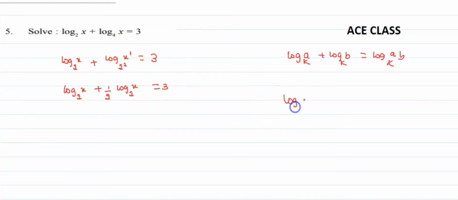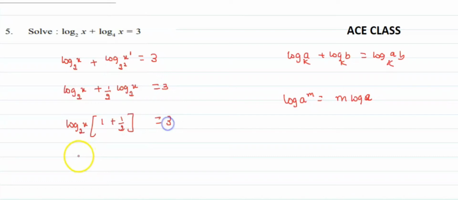As I've already mentioned, log of a power m can be written as m log a. In a similar way, 1 by 2 into log x to the base 2 is taken. Log x to the base 2 will be taken common. Here it is 1 and here 1 over 2 will be left, equals 3. Since this is a fraction, let me write this 1 also in fraction, 2 over 2. A simple way: addition of fractions is nothing but cross multiplying and writing the product of the denominators in the denominator. So 2 plus 1